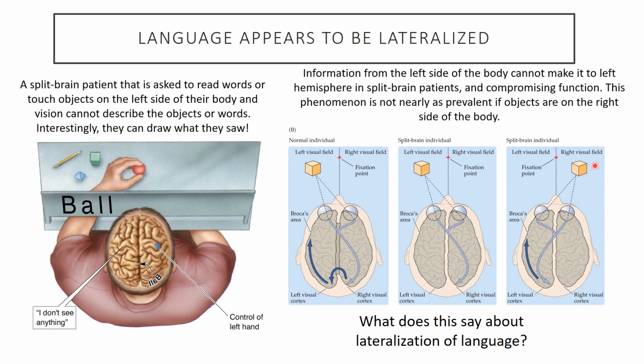When you take that object and now put it into the right visual field, now the person is perceiving it with the left side of their brain. So you can see that it's hitting these portions of the retina, and now the information is getting to the left visual cortex, and it's being passed forward through these what pathways in the temporal lobe, allowing the left side of the brain, where Broca's area and Wernicke's area are located, to perceive these things and then process our language perception of what this is and say, this is a yellow cube. Pretty cool.